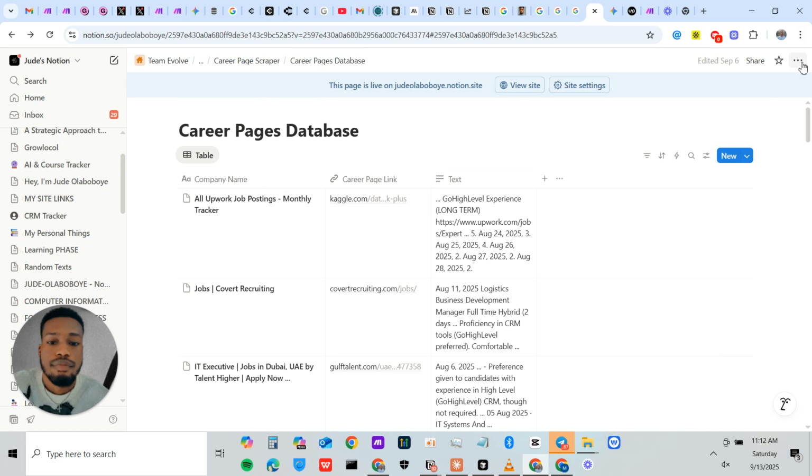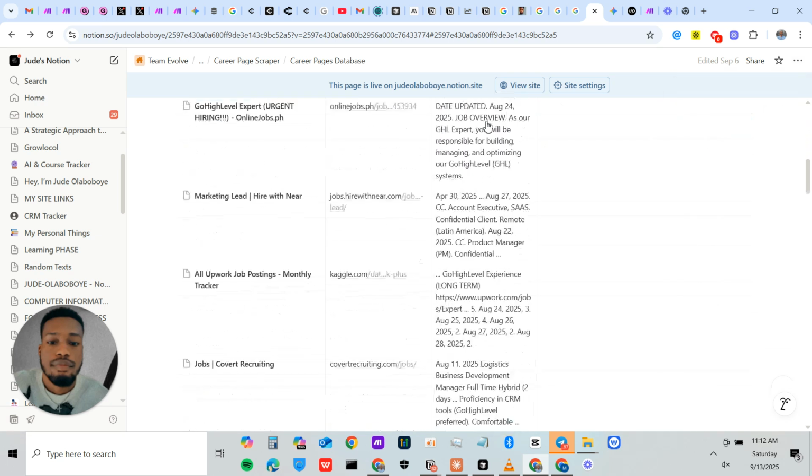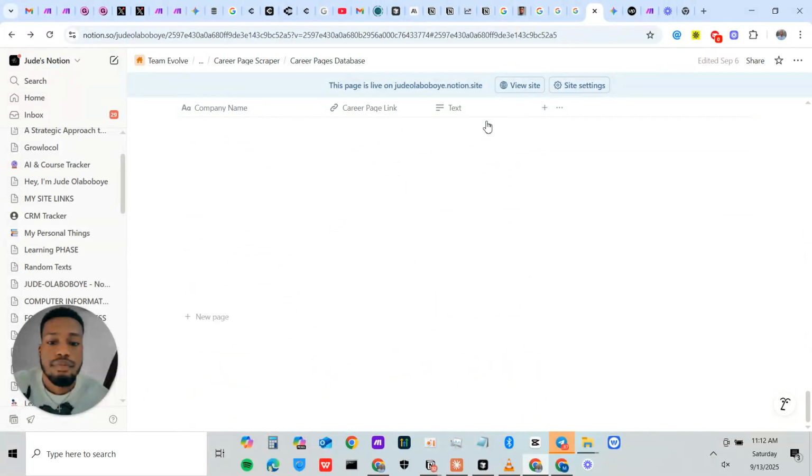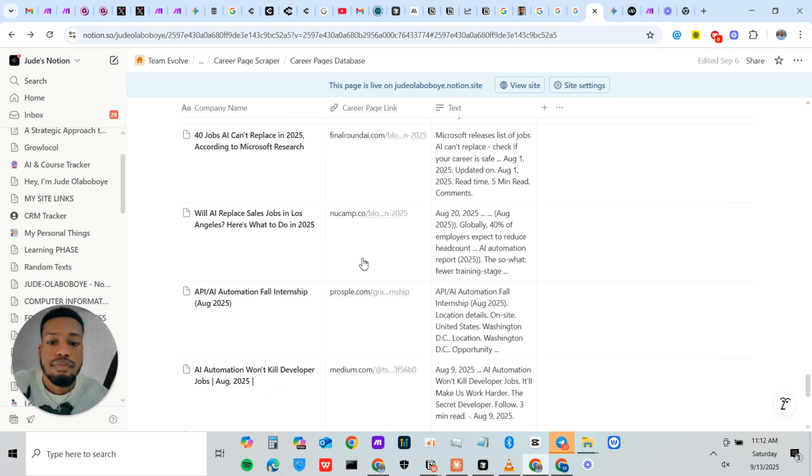If you use Notion very well, you click on the three buttons here. You have set up this career pages database. Very simple as well. I think it's just best I cover every single thing on this place. So you can see I've actually done a lot. I have to share to others as well. So what you do is